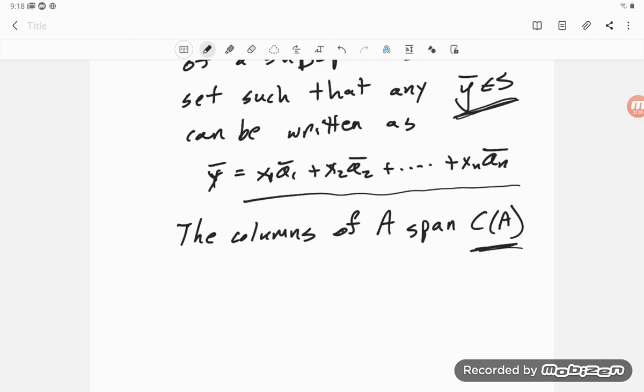Okay, so like I say, that's enough of that. That was a long one. So we'll do examples in a